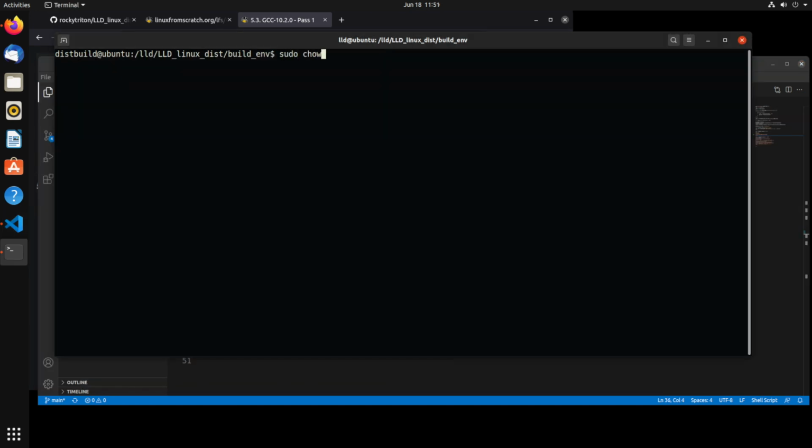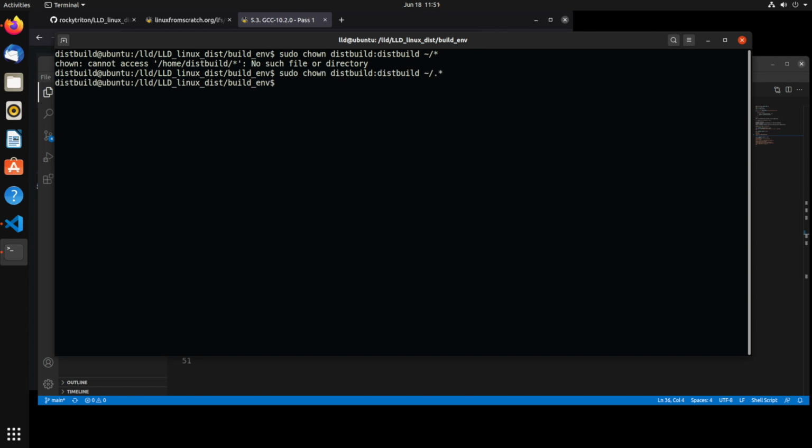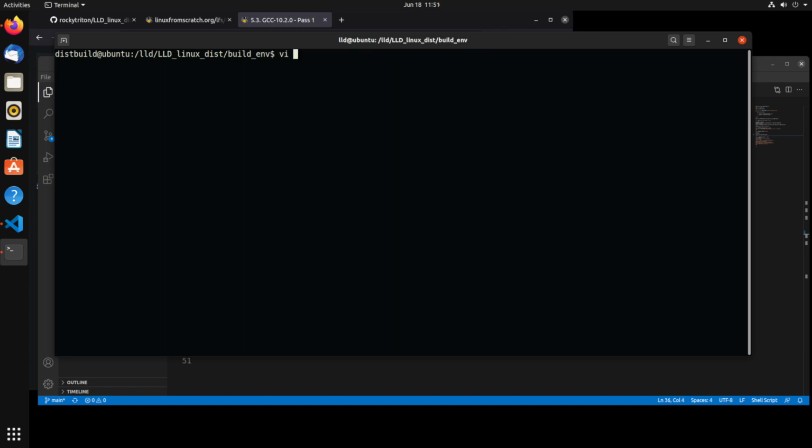First, I want to change the permissions because I had to do sudo on it before, and I don't want to have to do that. So tilde star dot. Let's see, chown from dist build colon dist build. No such file. I need to put dot in front of it. There you go. That picks up my regular files. Now I can just vi .bashrc